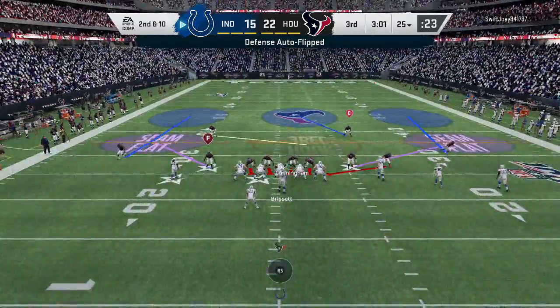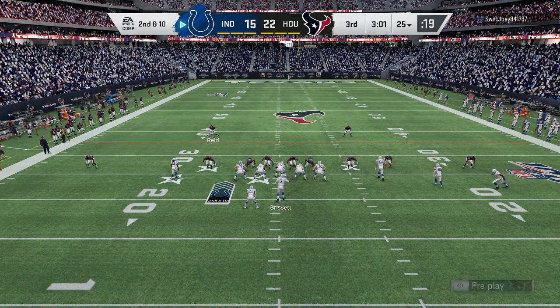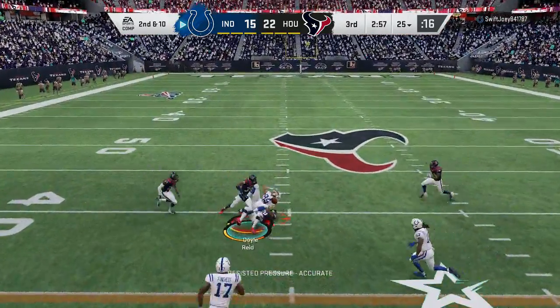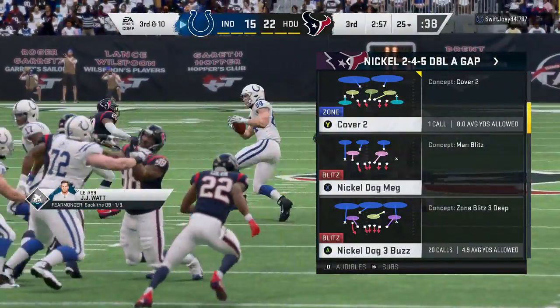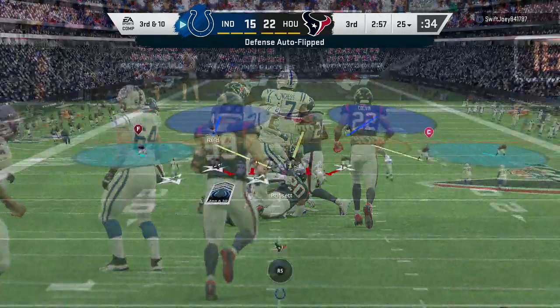An incomplete pass leads to 2nd and 10 from the 25. Brissett. And that's going to be incomplete. Too tough to hold on to that one. It's 2nd down. And now offensively it's 3rd and 10, and I'm just thinking to myself, actors always say, what's